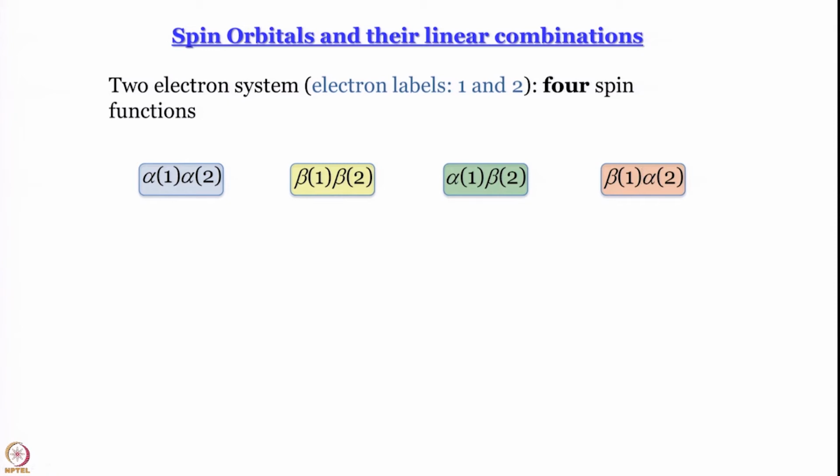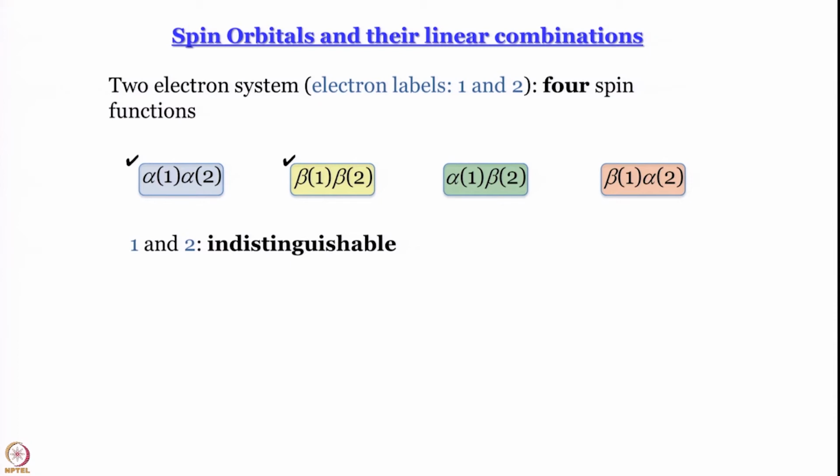Now, we encounter a problem. What is the problem? If we say alpha(1) beta(2) and imply it is electron number 1 and not electron number 2 that has alpha spin, then what we are saying essentially is that we can differentiate between electron numbers 1 and 2. Can we really do that? Actually, we cannot. So, alpha(1) alpha(2) is fine, beta(1) beta(2) is fine. The problem is 1 and 2 are indistinguishable.